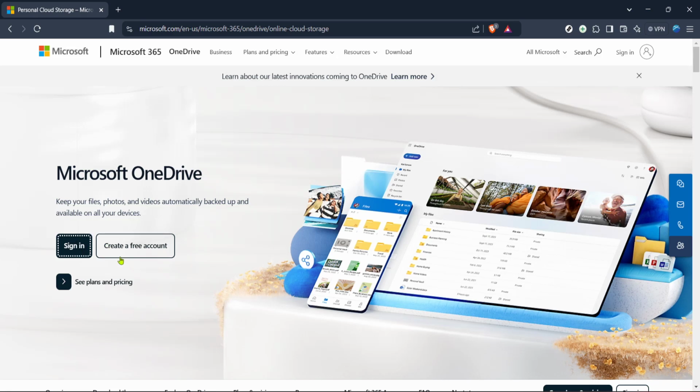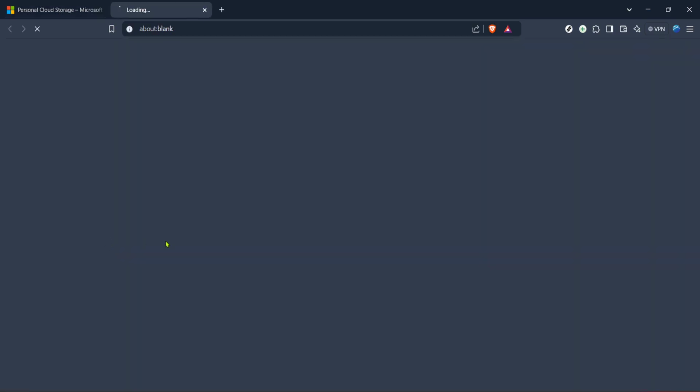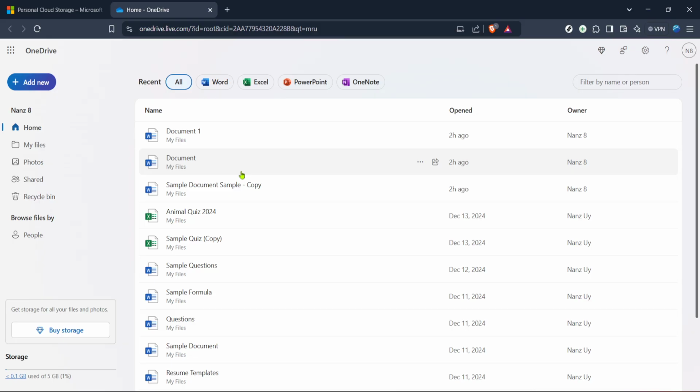Let's dive in first by navigating to OneDrive's homepage. If you haven't already, open your preferred web browser and type in OneDrive in the search bar, or enter the direct URL to access the OneDrive login page. Once here, log in with your Microsoft account credentials. If you don't have an account, you'll need to set one up, but for most users this should be a